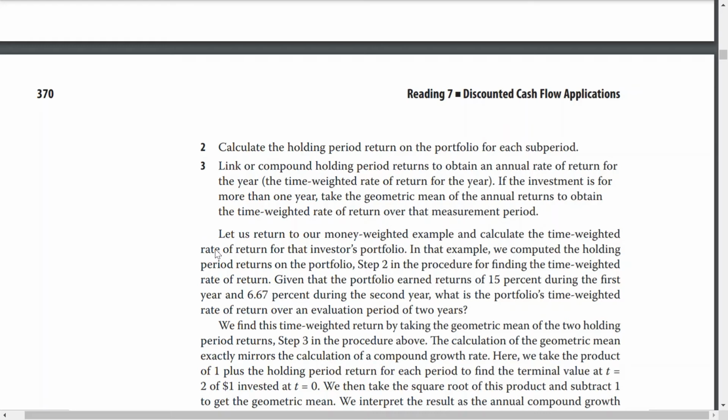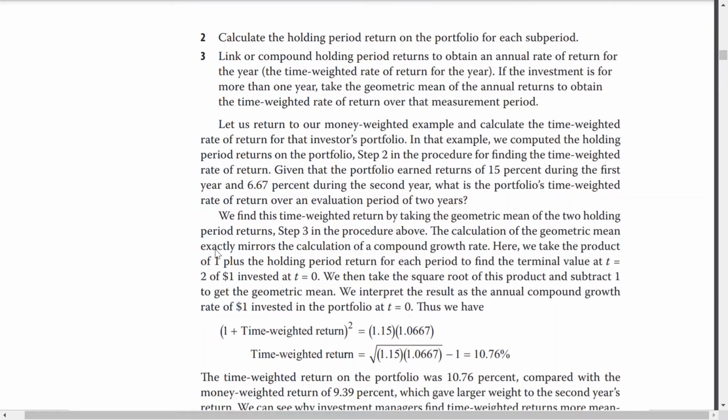Let us return to our money-weighted example and calculate the time-weighted rate of return for the investor's portfolio. In that example, we computed the holding period return on the portfolio, step 2 in the procedures for finding the time-weighted rate of return, given that a portfolio earned a return of 15% during the first year and 6.67% during the second year. What is the portfolio's time-weighted rate of return over an evaluation period of 2 years? We find the time-weighted rate of return by taking the geometric mean of the two holding